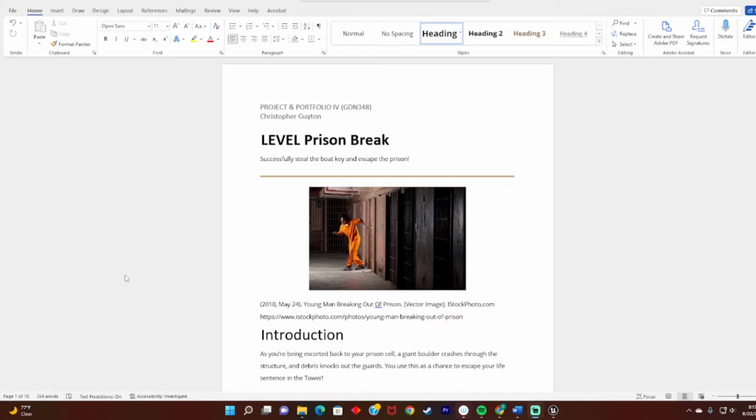All right, so my name is Christopher Guyton, and here is my final presentation for Project and Portfolio 4 regarding my level design. So, as you can see from the level design document, my level is based on the idea